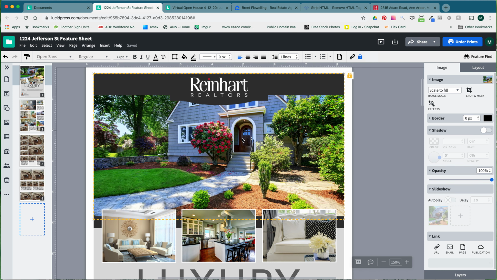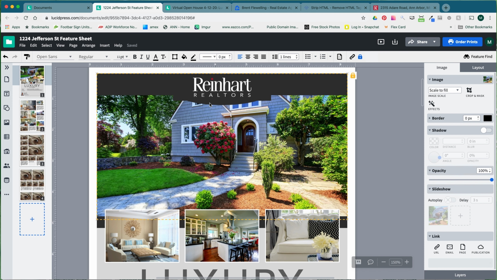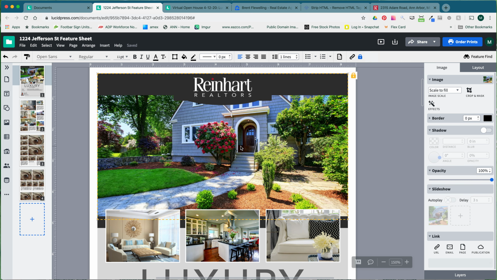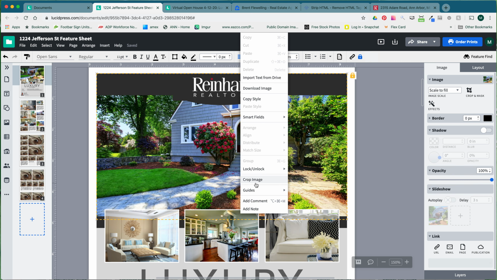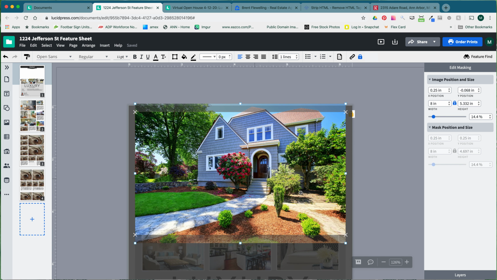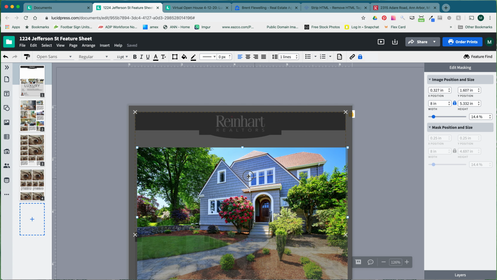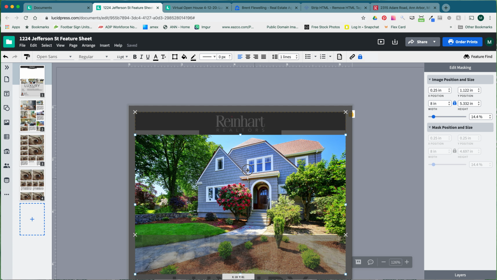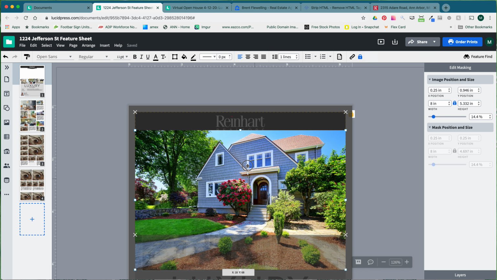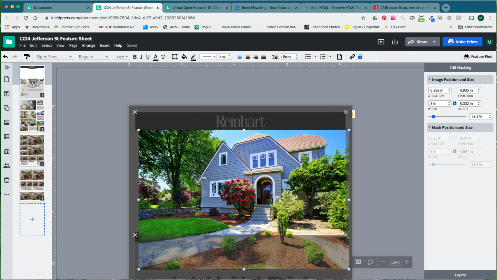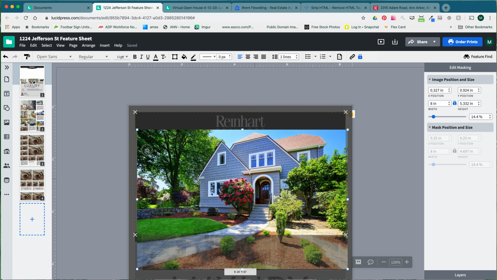So you may want to adjust this photo because it looks like it's cropping the top of the house off. So if you right click and click Crop Image, you can move this house down, and I can only move it down to right beneath that banner. And I want to make sure that the house is not sitting so that there is white space